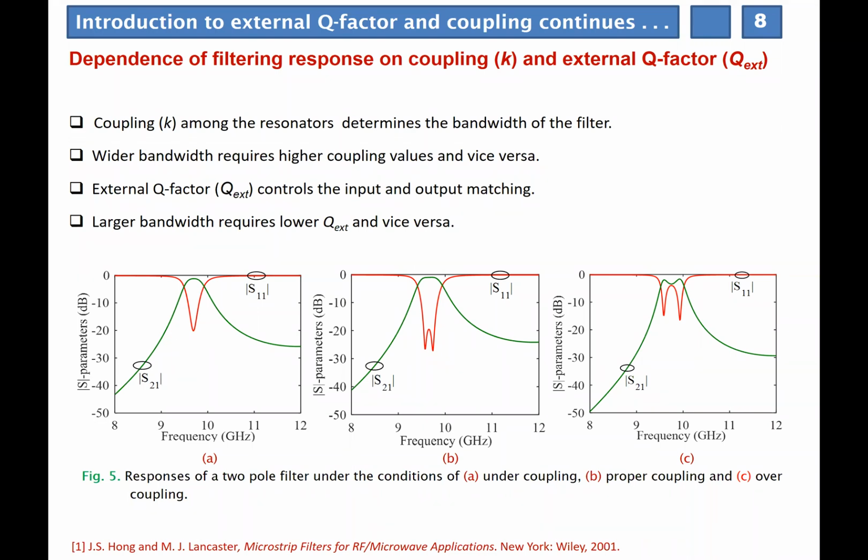What is the use of the poles, sir? Actually, we are trying to implement more number of poles, right? If you go for a higher order filter, you will get sharp rejection. But at the same time, if you increase the number of resonators, you are welcoming higher losses. So a higher order filter will introduce higher loss, but at the same time, it will provide sharp rejection. That's why cross-coupled filters are popular, because they provide sharper rejection with fewer resonators.